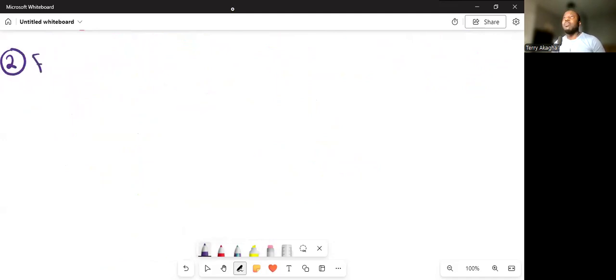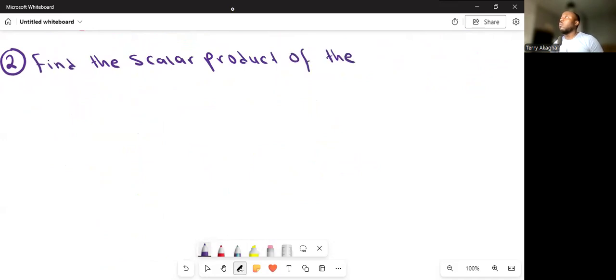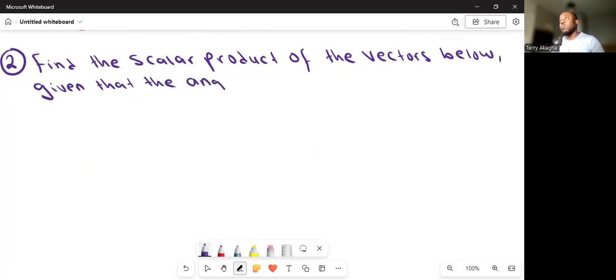So we have: find the scalar product of the vectors below, given that the angle between them is 60 degrees. Okay, so what we're gonna do is